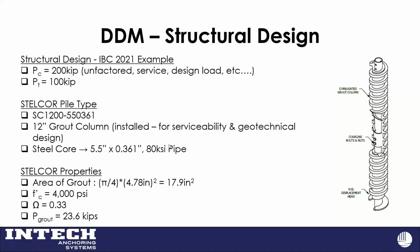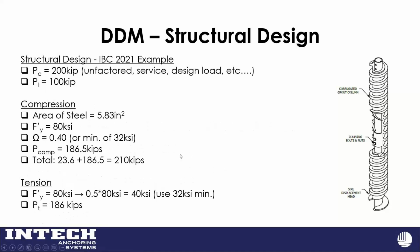So you've got 4,000 PSI times 18 square inches with your 3.3 resistance factor, safety factor. So you get 24 kips roughly out of the grout. Go through the same process with the compression in the steel. So compression there in steel, 186 kips. So 210 kips allowable. Tension comes out to be 186 kips there too. So with the 3.2, that's the basics of a simple axial design,